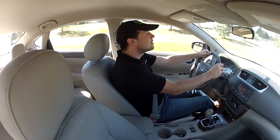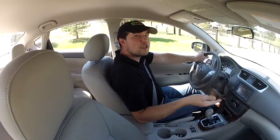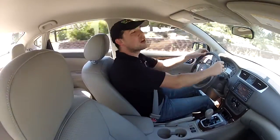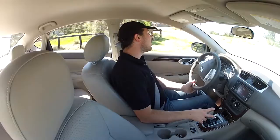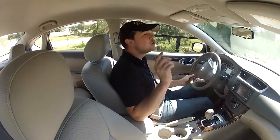And what I can tell you is that if you're familiar with a trade show pop-up display case, you may have seen it in our Ford Fusion review. That big case can fit into the trunk of the Ford Fusion, no seats folded down, and you just shut the trunk. Well, in this car, you can put it in the trunk as well, but you do have to pop